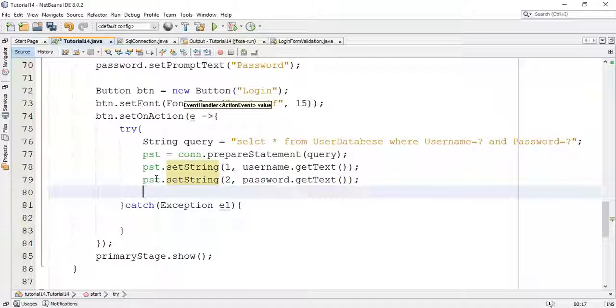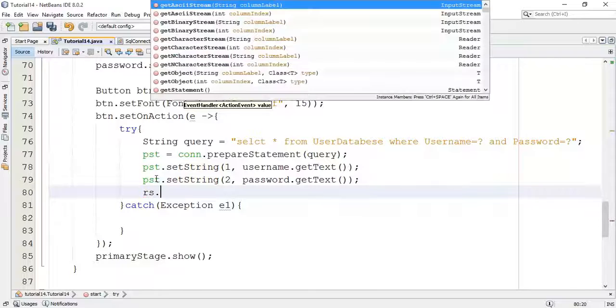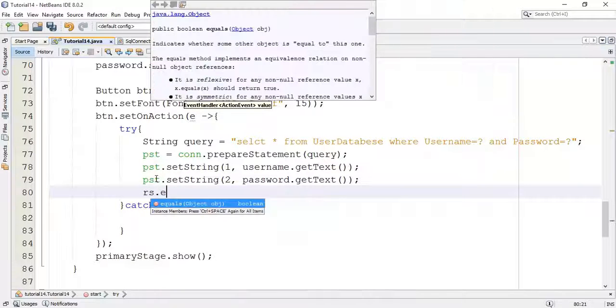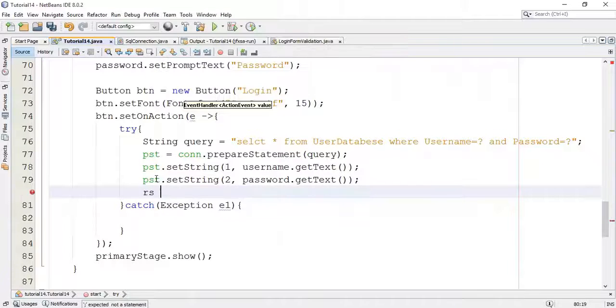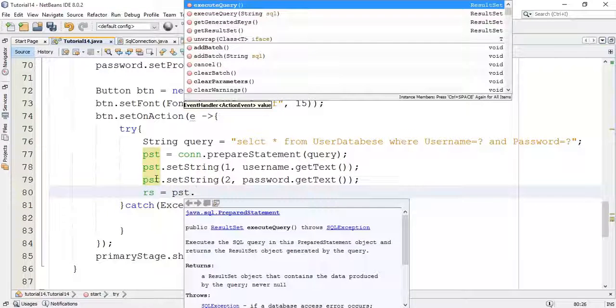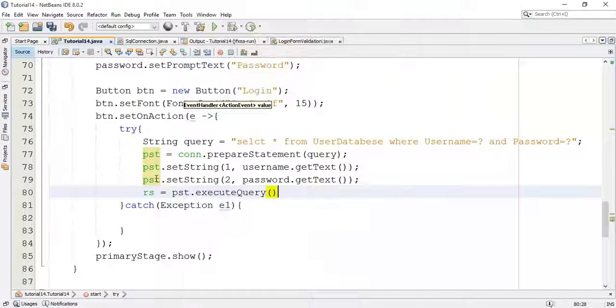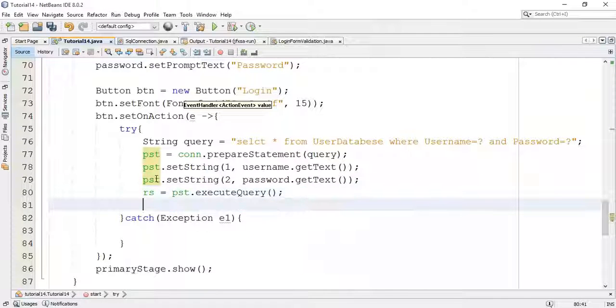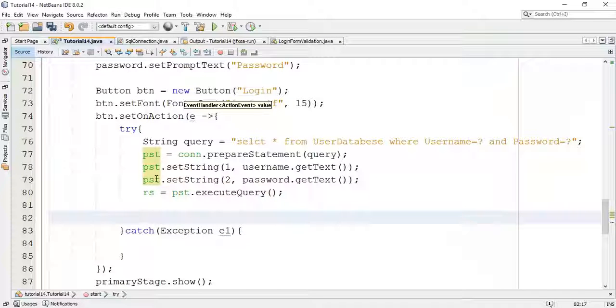Next I'm going to execute the query. So rs is equal to pst dot execute the query, semicolon. Then next I'm going to check if username and password is correct or not.